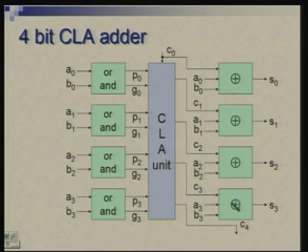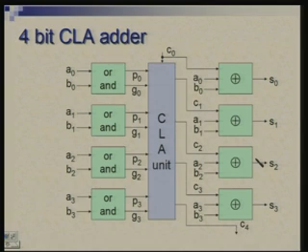The third stage also has 2 levels, although for brevity I have shown exclusive OR, but you can write it as sum of product. So, basically there are 1 level plus 2 level plus 2 level, that is 5 levels. In 5D time we can compute all the sums and the final carry. Of course, the carry is coming in 3D time, all the sums are coming in 5D time.